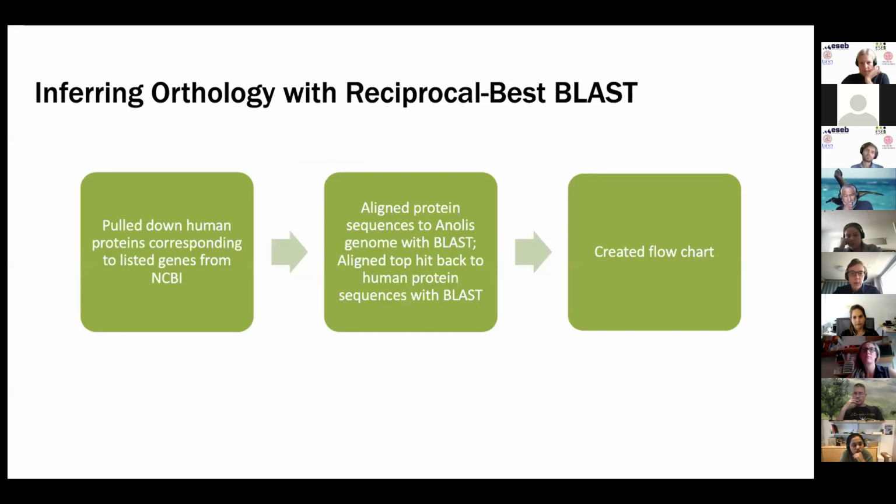reciprocal best BLAST in which we pulled down the human proteins corresponding to our list of genes from NCBI. We aligned the protein sequences to the Anolis genome with BLAST. We aligned the top hit back to the human protein sequences with BLAST. And if we ended up at the original gene, we dubbed it a reciprocal best BLAST hit, and created a